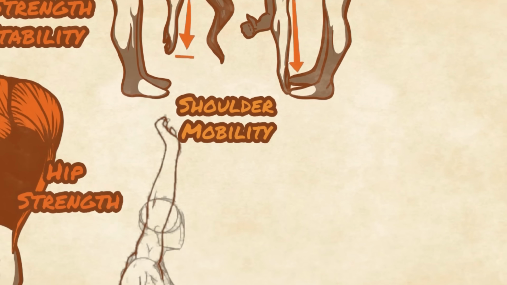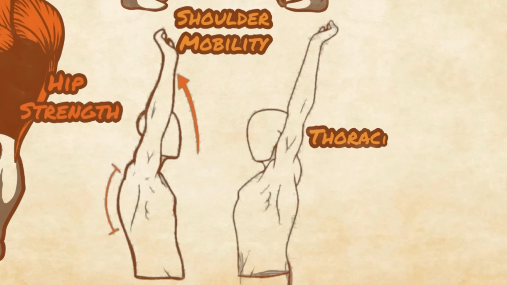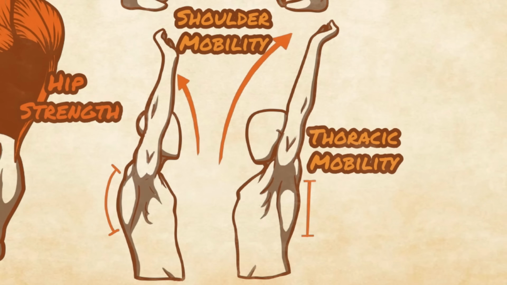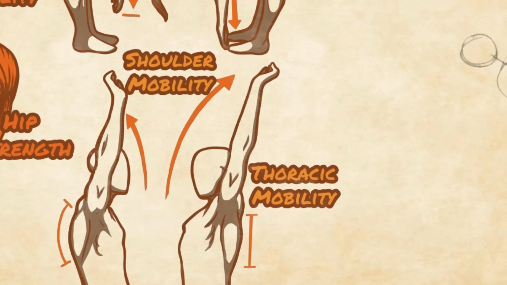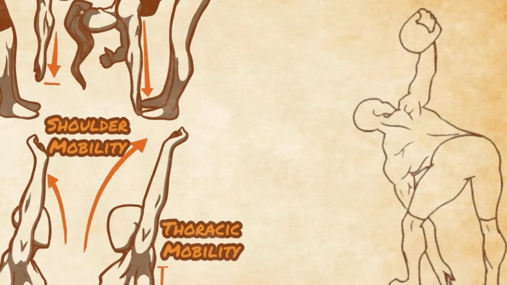In fact, it's a remarkable rehabilitative exercise for thoracic extension and rotation, which is a common mobility weakness in those with upper cross syndrome, often leading to upper back pain and shoulder pain when lifting overhead. This is another exercise I recommend people start slowly with, especially in the beginning.